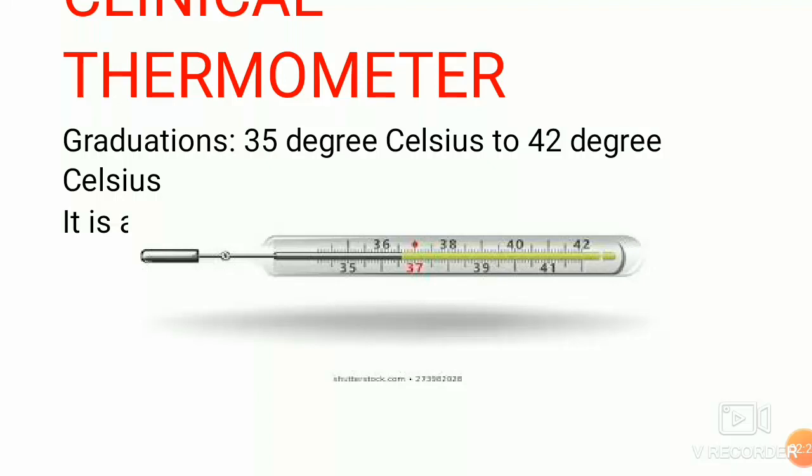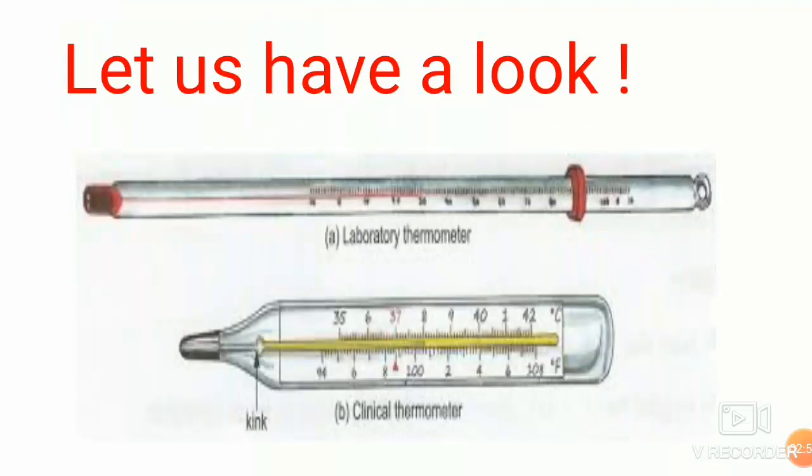In this kind of thermometer, there is a slight bend or kink called a constriction in its capillary tube just above the bulb. This constriction prevents the mercury level in the stem from dropping even after the thermometer is taken out from the patient's mouth. Thus, we can take our time to read the temperature accurately before using the thermometer again. It must be washed with water and then jerked till the mercury level falls below the constriction.